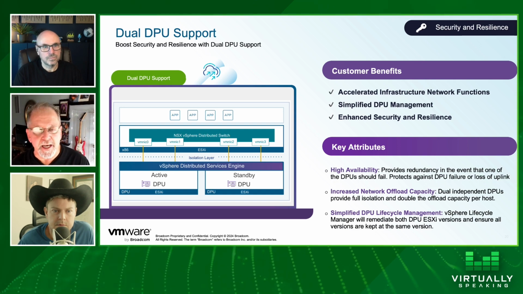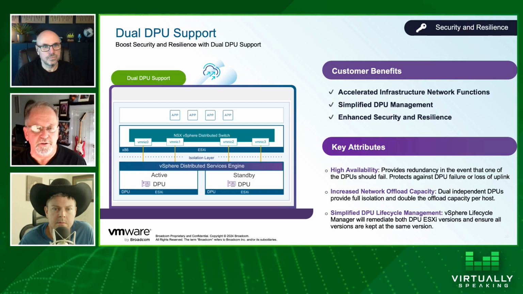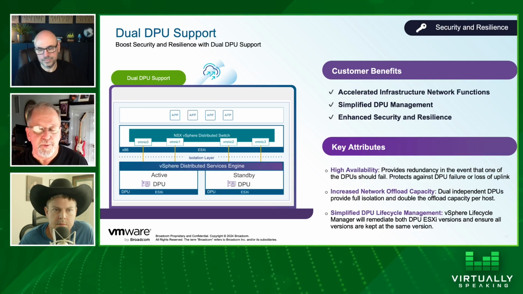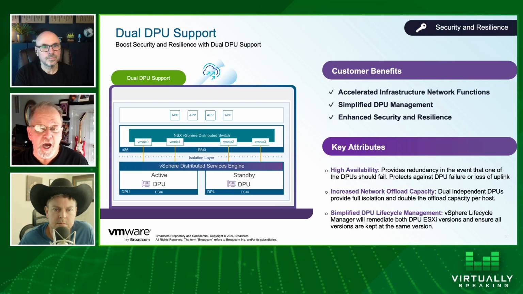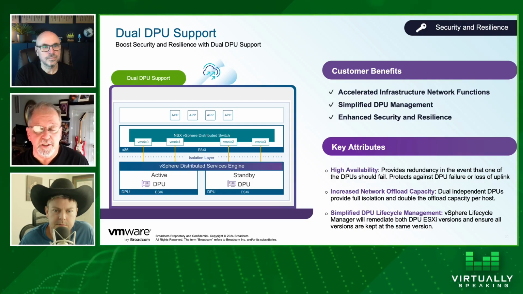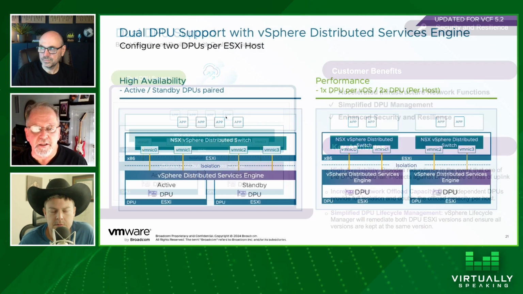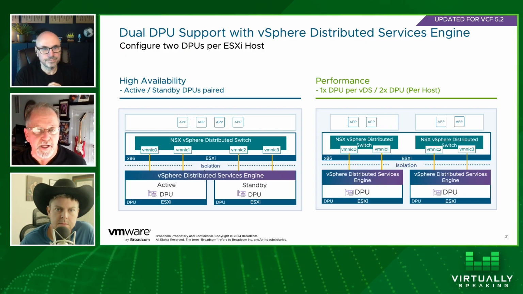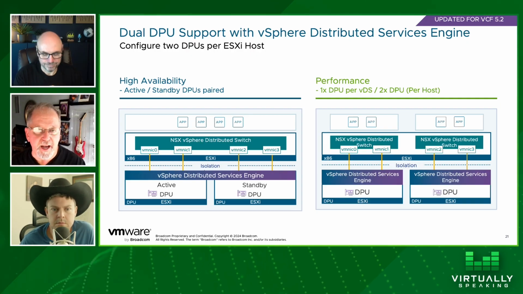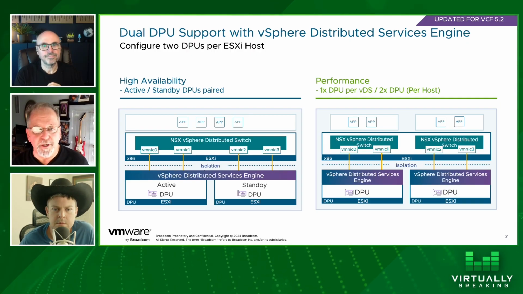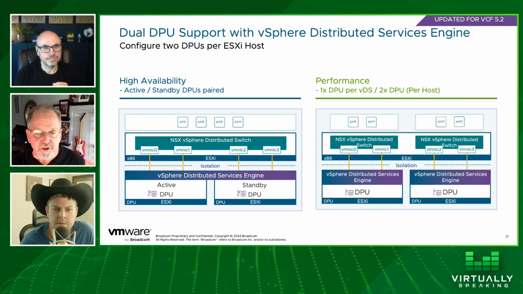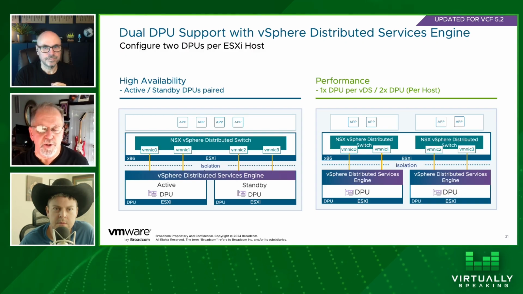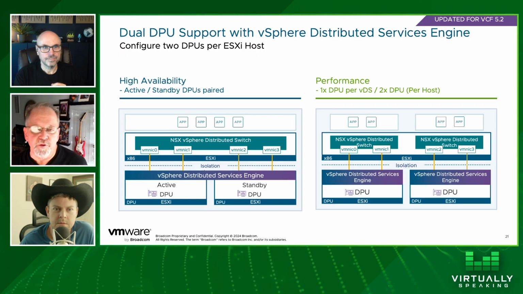But the problem is that now I'm running this traffic through a DPU. What happens if the DPU fails? So the ability to support redundant configurations with this DPU offload capability now provides the ability to say that if I lose a link, that link will automatically fail over. And you're showing the two use cases here, right? I can go HA, where I have that active standby capability, or if I want to run active, because we have a few customers driving a ton of traffic through these DPUs, I can now run a dual DPU configuration, consuming both of those paths as part of it.